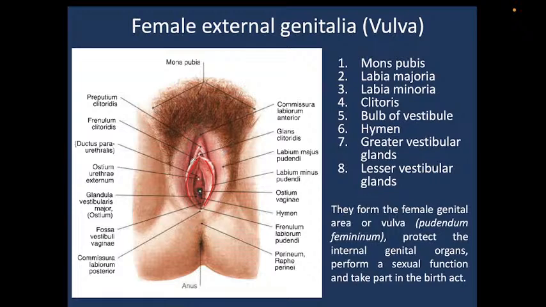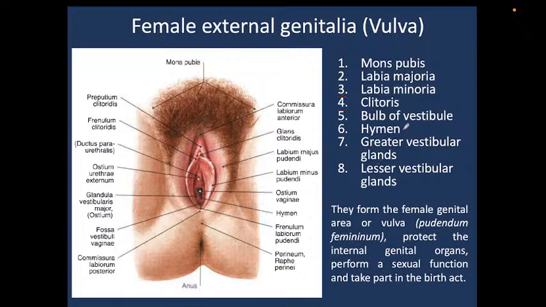Then small organs. Let me show just its anterior part called clitoris. This is the analog of the penis in the male body. Usually, this is the organ giving women sexual excitement.